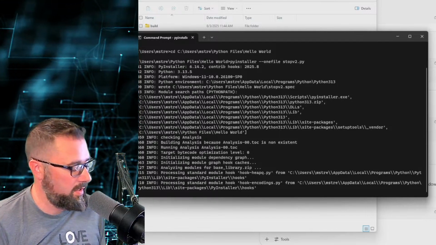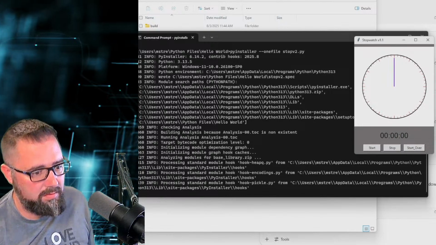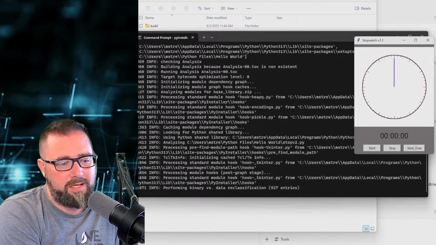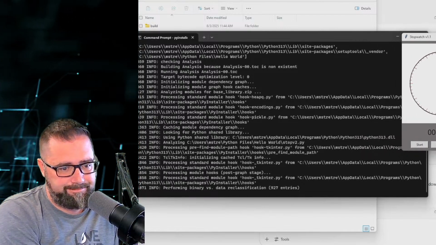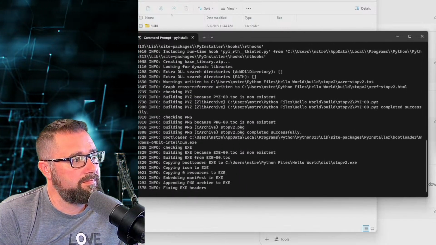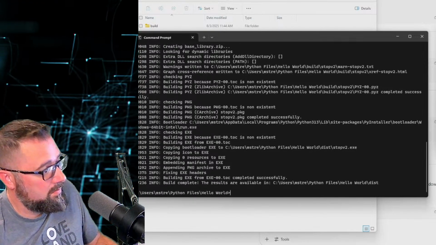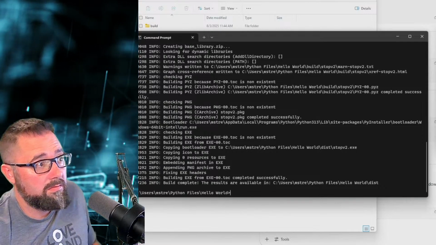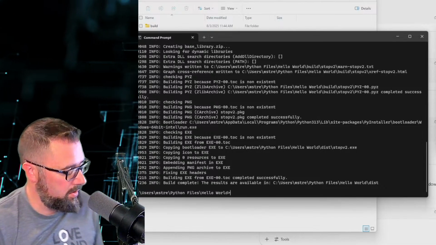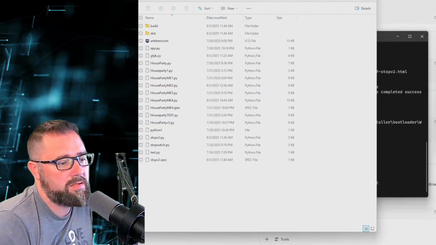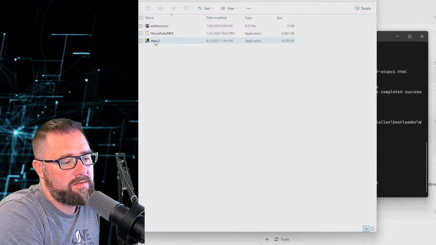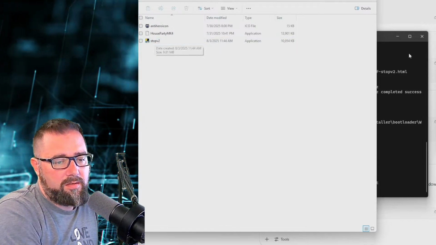It's literally going to take that little stopwatch here and make it a .exe file that I could put on my desktop and open a stopwatch anytime I want. There we go. It is done, and the results are available inside, I believe it's this dist folder here. It puts it in, there it is. So now,